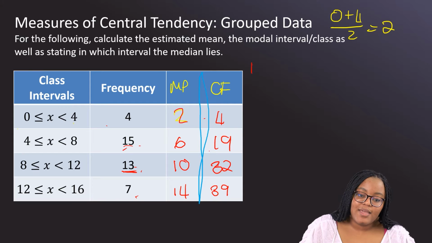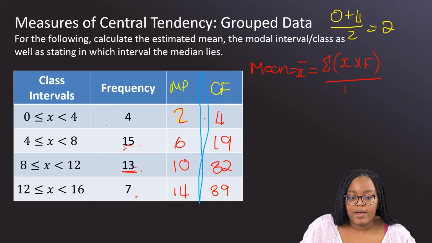So the mean, when it comes to grouped data, is going to be the sum of all of your data values multiplied by their frequencies divided by the cumulative frequency or the total number of values in the data set. Practically,